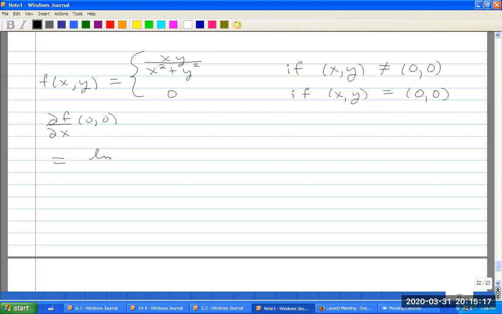So this is the limit as h approaches 0 of f of 0 plus h, maybe I'll just write that, minus f of 0, 0, over h. So this is the limit as h goes to 0 of